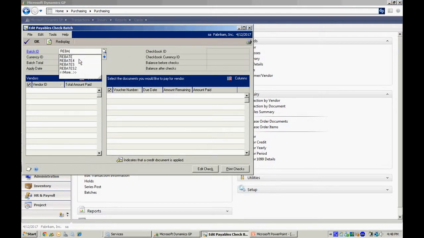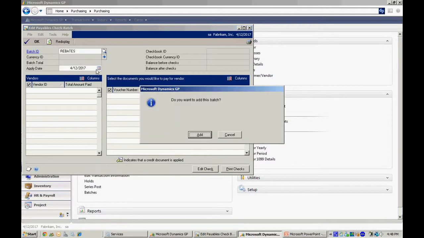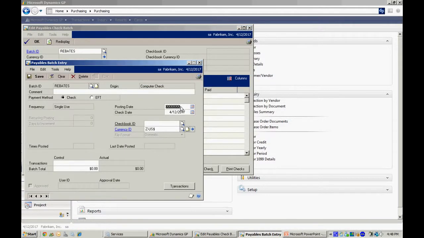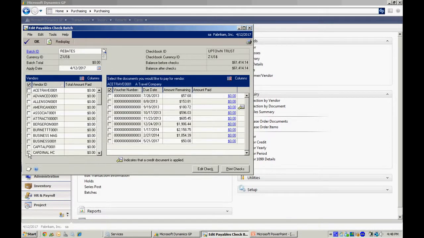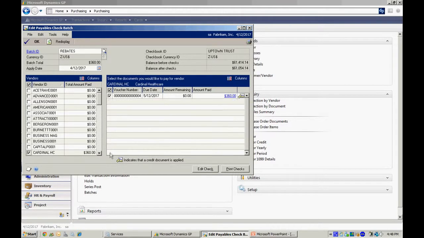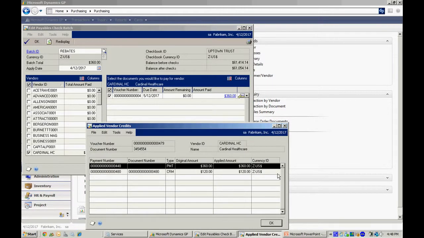So let's go ahead and write a check and I'll show you what happens here. I'm going to set up a check run that includes that item. Let's do that right now. Create a batch first, tab off that. It's going to show me all my vendors, but I'm going to select this vendor here, and there's one invoice that goes out. If I click on the $360, you can see that's composed of the original payment for the product that I purchased,